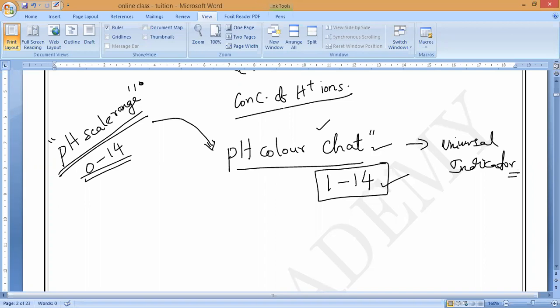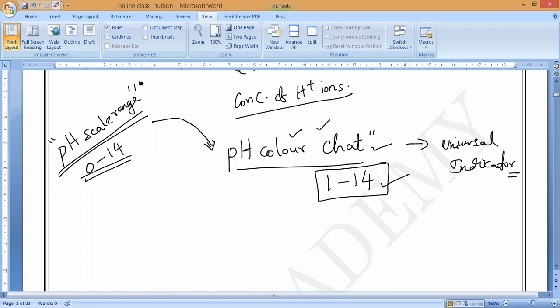and we can decide whether it is a strong acid or weak acid, and also a strong base or weak base. That is what you have to remember. So, the colors produced by universal indicator are used to find the pH value of the acid or base solution by matching the color with which chart? The pH color chart. Knowing the pH value, we can make out whether the given solution is a strong acid, weak acid, strong base, or a weak base based upon the color coding.